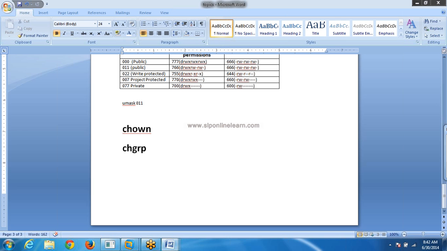Okay, so these two commands. Change ownership means as an owner you can change your ownership. You can give ownership of your file or directory to another user. Next one, change group. You can change an existing group. Okay, fine. So what is this change ownership? The owner,